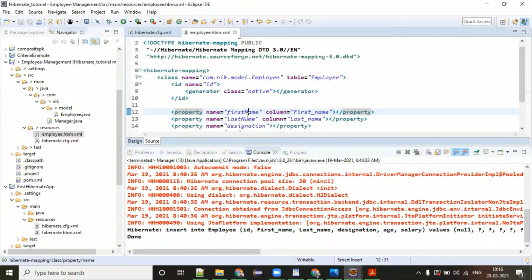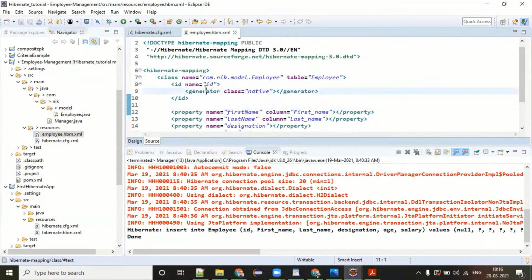So again, if it is XML, then you can define something like this. I am saying this is my class and I want the table to be created with this name. The table name is optional. If you do not give a table name, it will create the table with the name of your class itself. One very important point in Hibernate is that each table must have a primary key. Hibernate will not allow you to create or use any table which does not have a primary key.